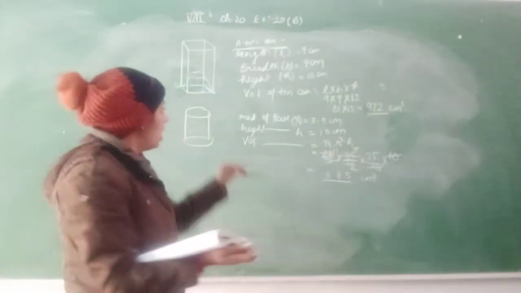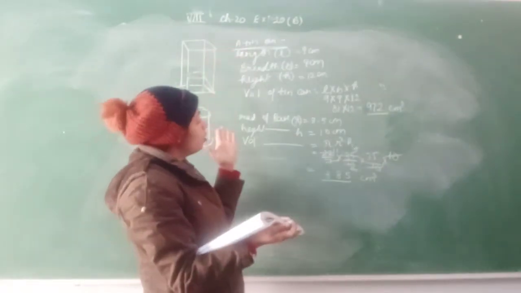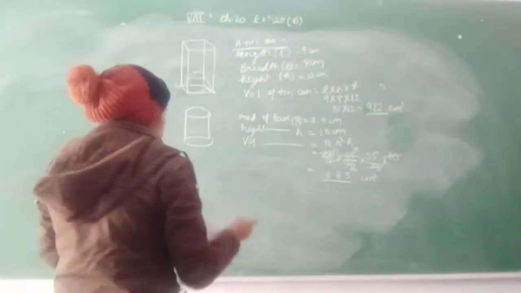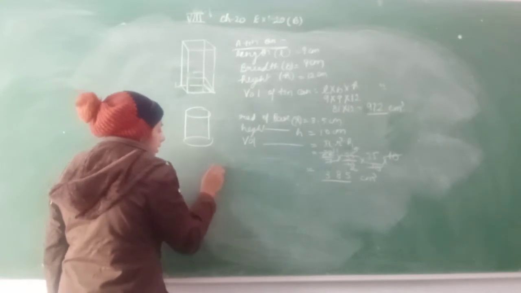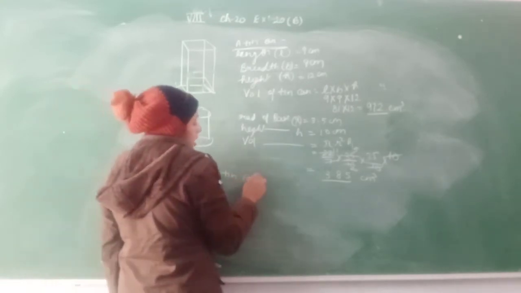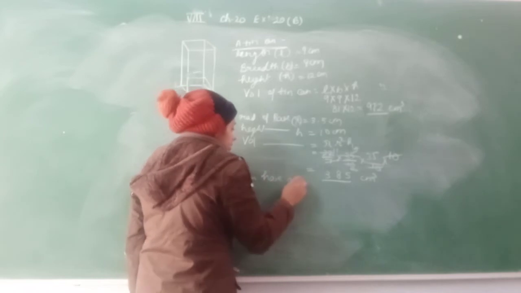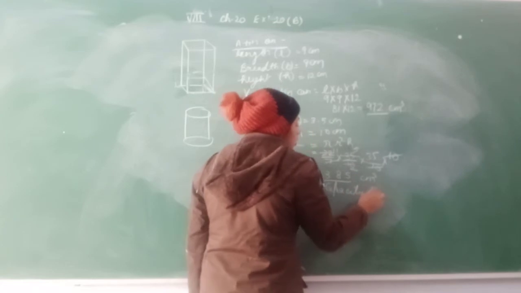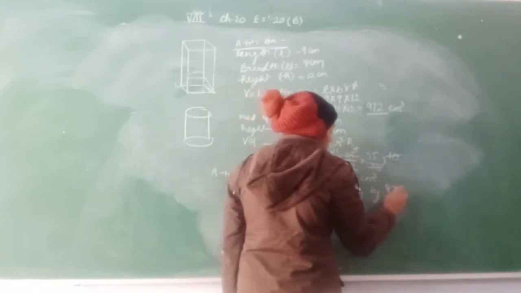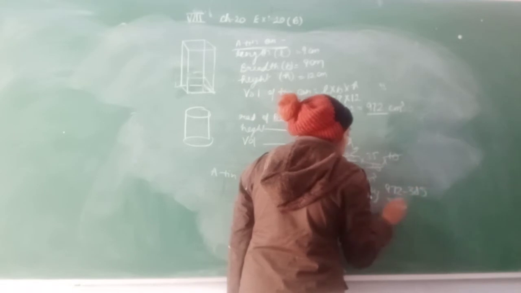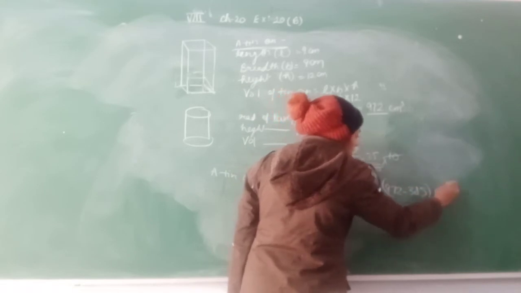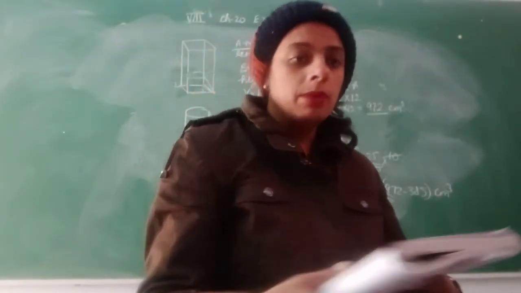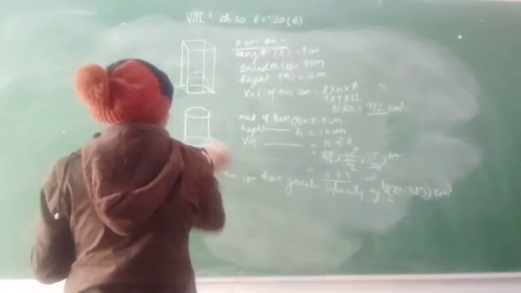So which container has the greater quantity? You just tell me. Either the tin can in a cuboidal shape or the can with a circular base. Clear? So who is having the greater quantity? The tin can has greater capacity, by how much? So by 972 minus 385. You will just subtract these numbers and get your answer in centimeter cube. So this is your question number 6. Come to the question number 7, and this is the last question here.